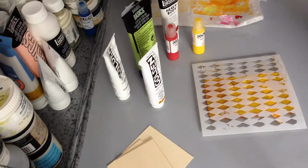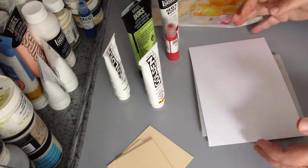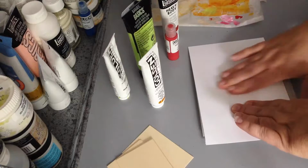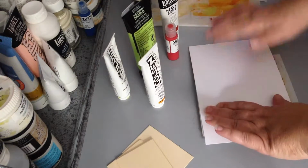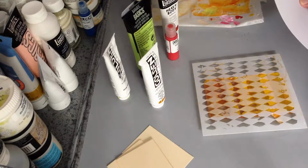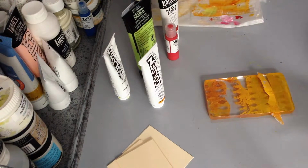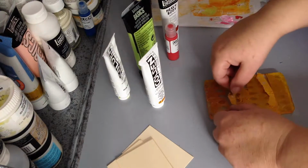So then I'm going to take a stencil, and this is a 6x6 stencil by Crafters Workshop, and a sheet of blank cardstock, and I'm just going to rub over that because I want to get that impression in there. And that's what that's going to do, is that's going to pull paint off from the jelly plate underneath. And as you can see, it lifted the orange too, so obviously I was way too impatient and didn't wait long enough for it to dry, because if the bottom layer had been dried, that orange wouldn't have been lifted